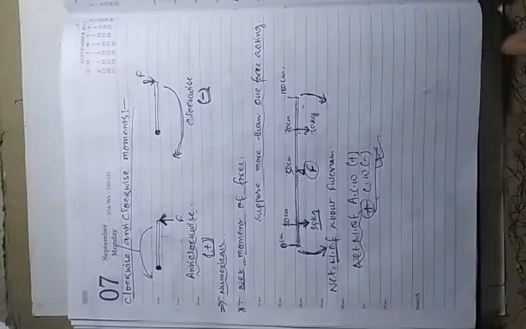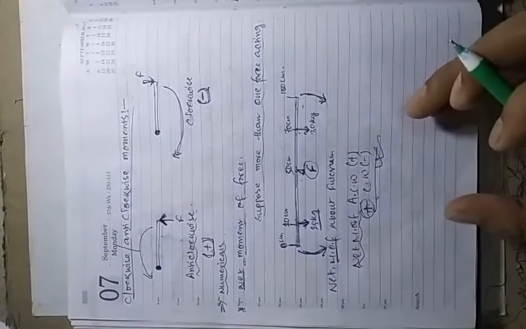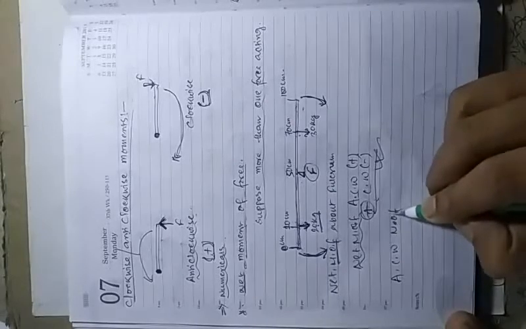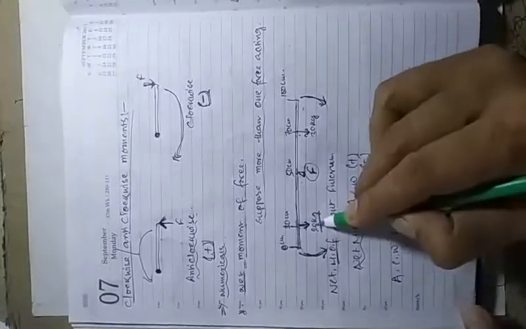So let's calculate. First calculate the anti-clockwise moment of force. I am writing in short words, students, you understand. Anti-clockwise moment of force means left side, it will be force into perpendicular distance. Force will be here 20 kg, means 20 kgf. Kg is mass, and kgf you know, kg force, f means force, and that will be converted into force. I have explained this thing in the physics chapter. So that is 20 kgf.